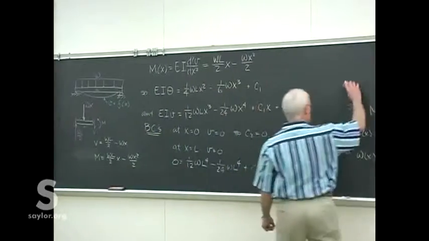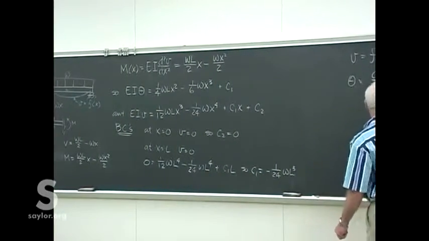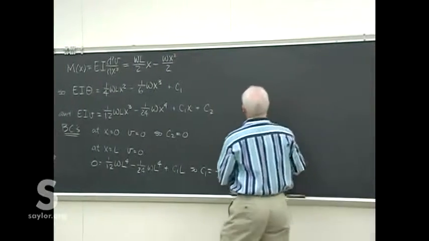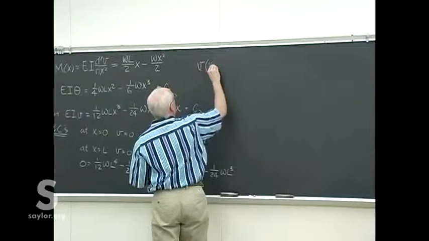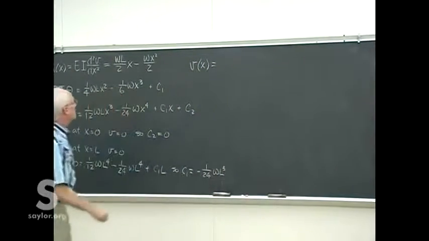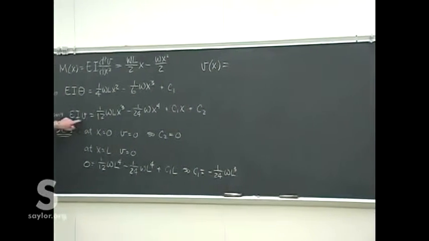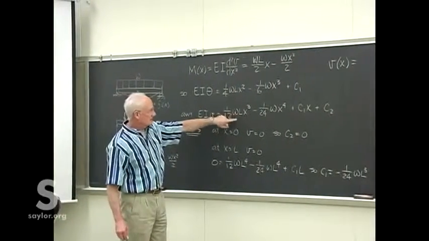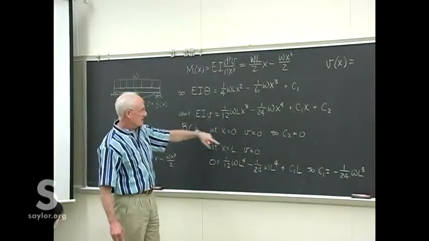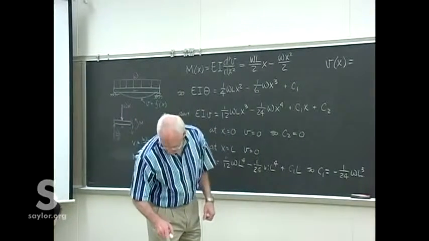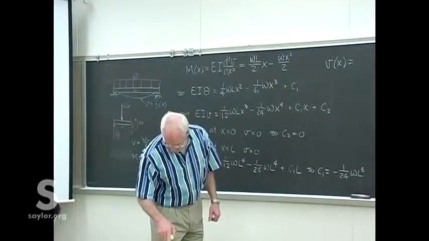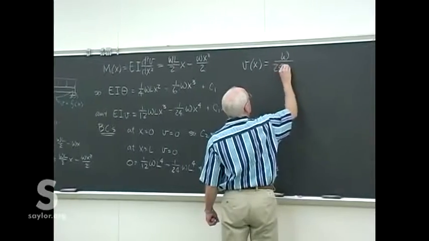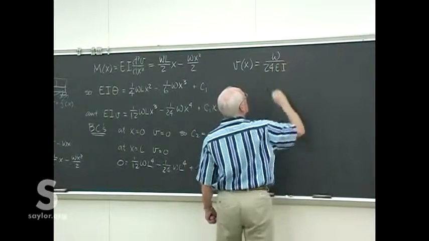And now we have our entire curve as a function of x. Go back to here, divide through by EI, collect like terms. There's a W in every term, there's a bunch of L's in every term, and you can clean it up so it looks like this. W over 24 EI